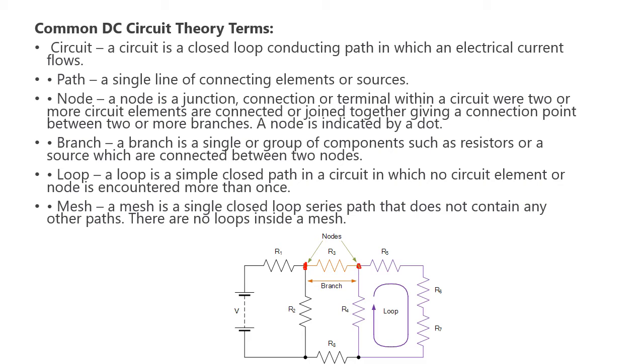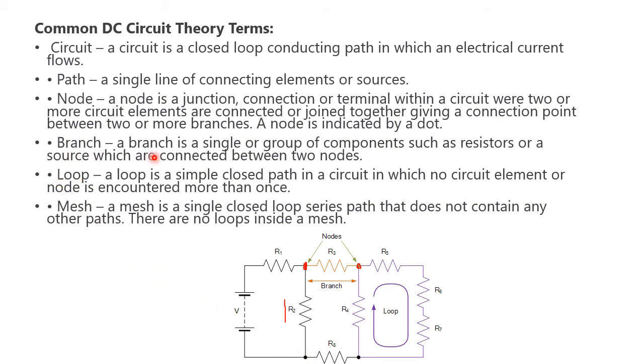Here the resistance R2 is interconnected in between R1 and R3. So here we are interconnecting other elements, so we have to consider this point as a node. Here also the resistance R4 is interconnected in between R3 and R5. So here also there is another node. Here also we can consider a node. So this point can also be considered a node.